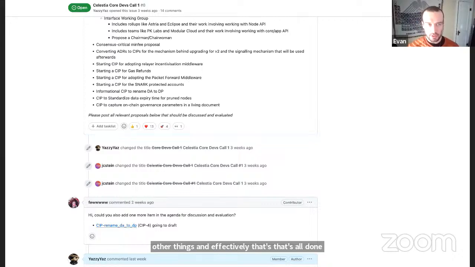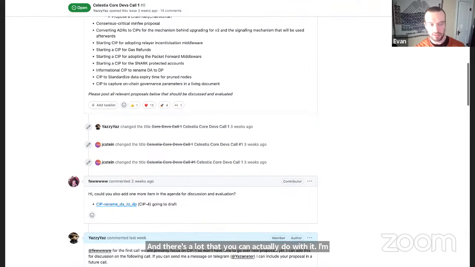And if that's all done, then you can withdraw and deposit funds. Some call this settling, but the benefit here is that it's extremely state minimized. So it has the same amount of state as a normal account, which makes it very palatable for the Celestia state machine. And I think that's it. I'll keep rambling about it if we keep going. So it's a very cool feature, and there's a lot that you can actually do with it. I'm very excited for it, but we kind of want to get that rolled out.